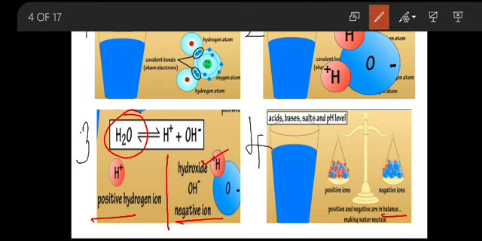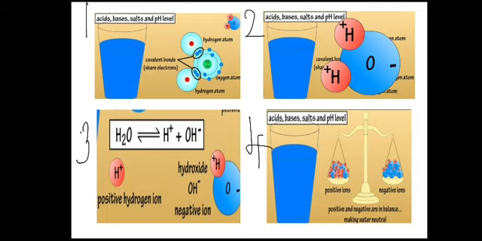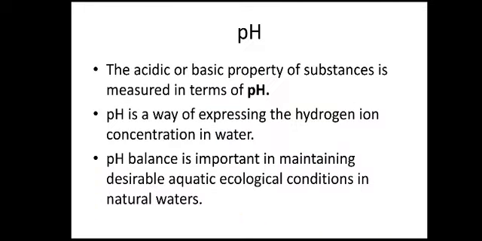Did you understand that in a solution, water will definitely be present, and in the water there are two ions present, positive hydrogen and negative hydroxide. With these two positive and negative ions only, we are going to determine whether a solution is acidic or basic. Did you get an idea, children? What are we dealing with now?